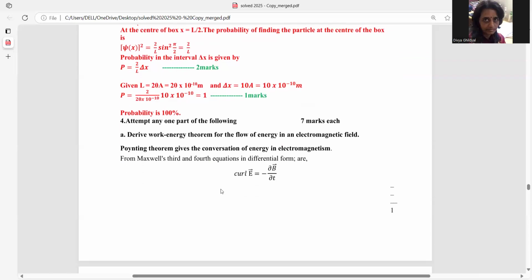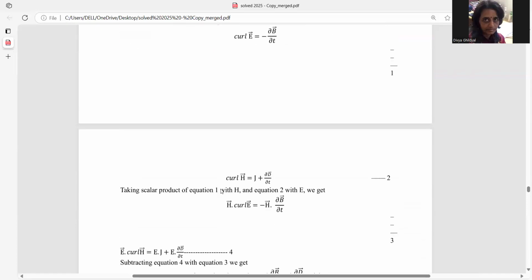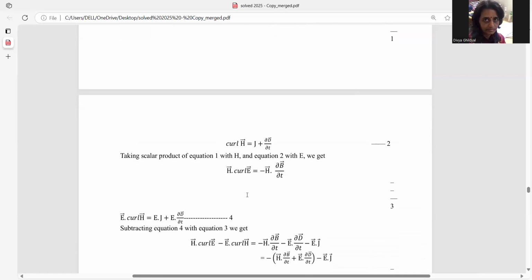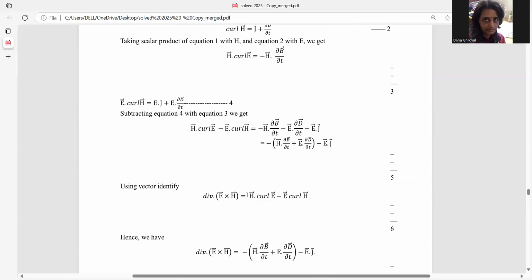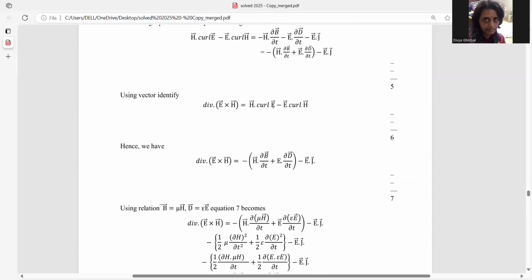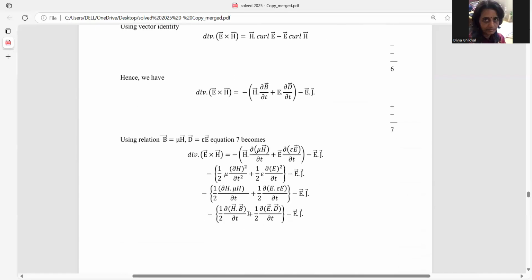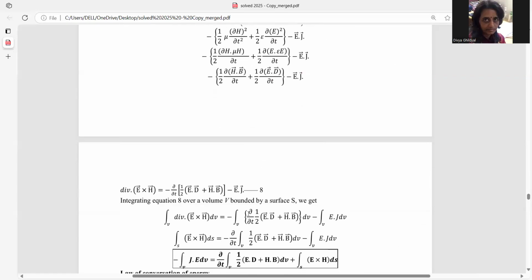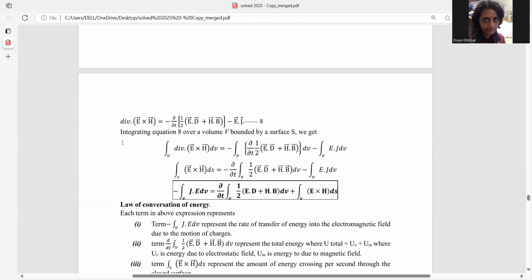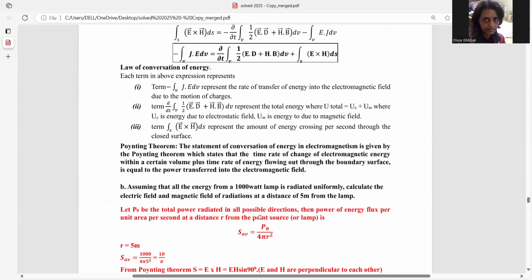Next, define work energy theorem. That means the Poynting question has come. So you can just tell the Maxwell's third and fourth equation, multiply one by E, the other by H, subtract, use vector identities, put their values in the expression, and then you get the famous Poynting equation, which represents that electromagnetic wave consists of the sum of magnetic field elements and electric field elements,